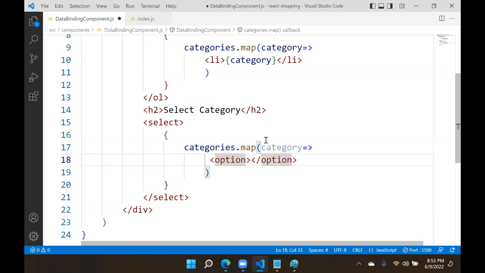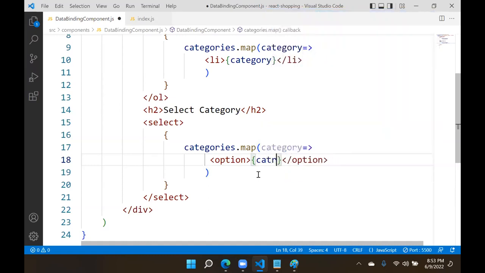You learned in HTML, option has text, option has value, option has selected, option has disabled. Four properties will be there for an option. That is why you need to be very strong in HTML, because without knowing HTML, how will you present? First, you should know what properties are there. That means, suppose if I write here